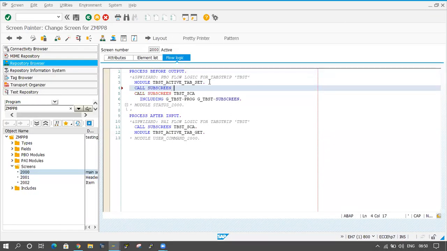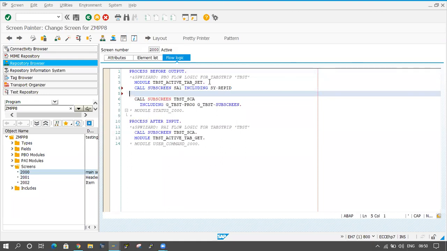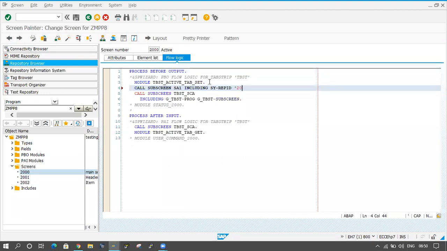Call subscreen SA1 including SY-REPID, swipe on SY-REPID, and the screen number is 2003. Okay, this is the subscreen. I am linking this 2003 subscreen to SA1.